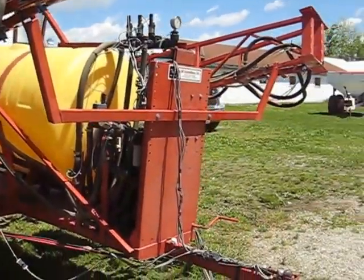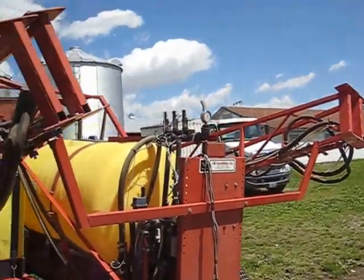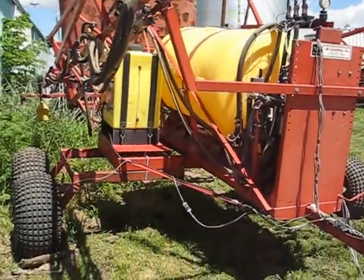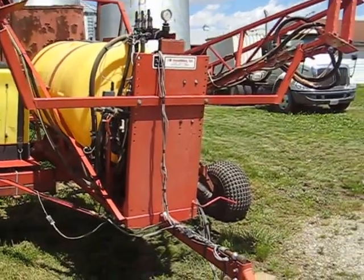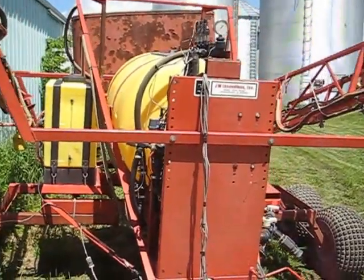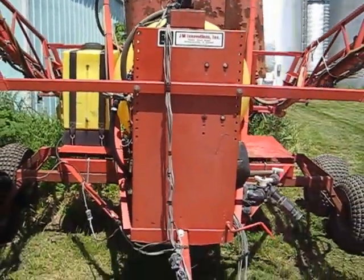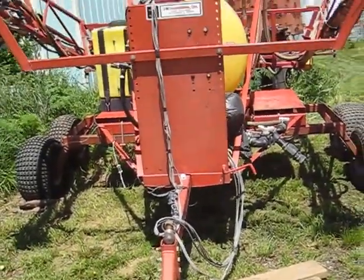Did a lot of work on it. I got it covered up. I haven't really messed with it. You can put it behind the pickup truck and take it down the road. It's got a couple new tires on it. I cleaned up the engine and the pump. I used it last year to spray. I'm wanting something higher, and it didn't really fit into that. I've got this other thing over here that is